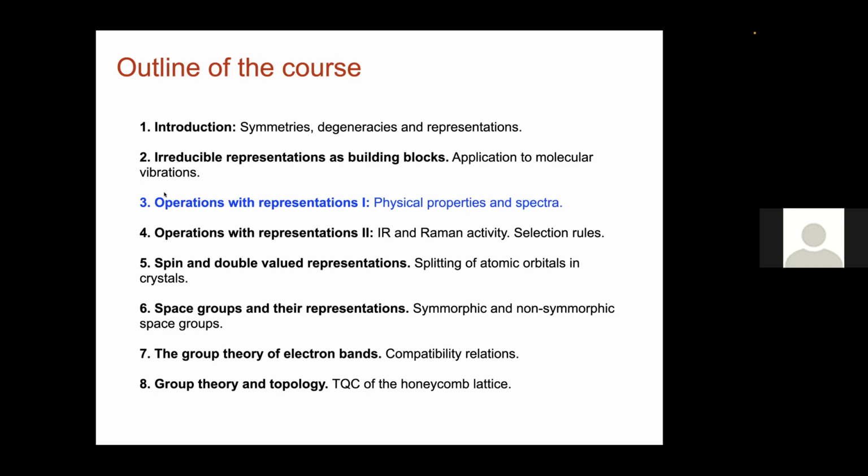Okay, so we have to learn how tensors transform. When we do this, we will also learn why all this stuff about the vibrational spectrum of molecules works. Because in fact, in that case, the tensor is the dynamical matrix. Okay, so